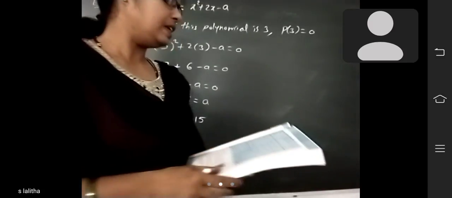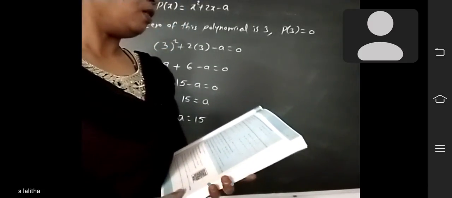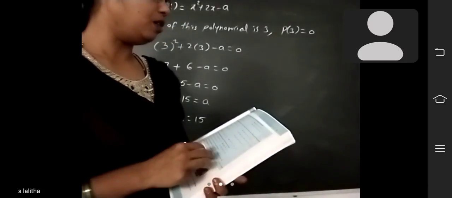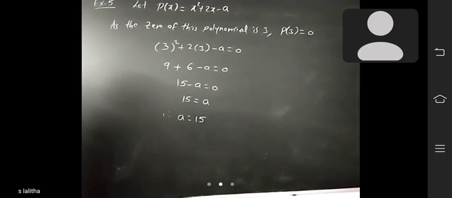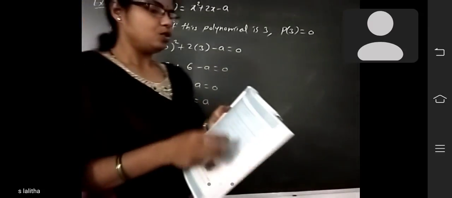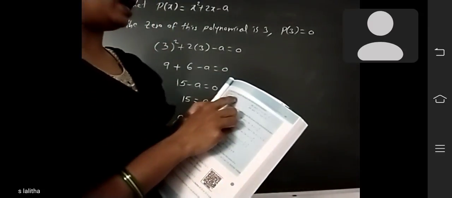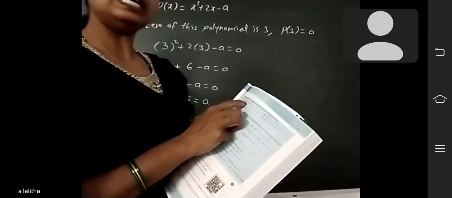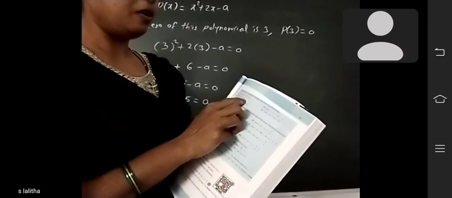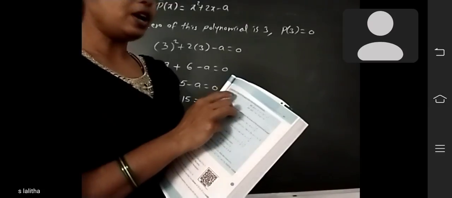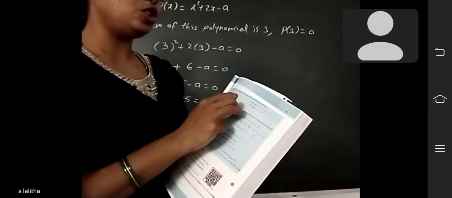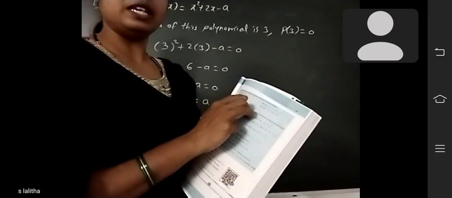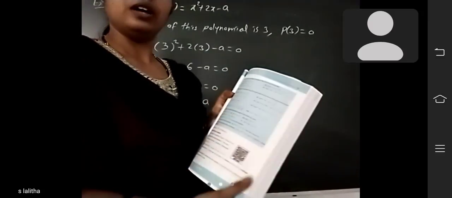Okay. And second Roman, see, find P of 0, P of 1 and P of 2 for each of the following polynomials. So here given P of 0, P of 1, P of 2. So P of x is equal to x square minus x plus 1. You have to substitute 0 for the first polynomial. After that you have to substitute 1 in the place of x and also substitute 2 in the place of x. Like that you have to do the sums.